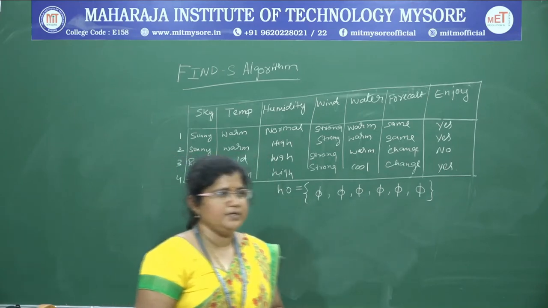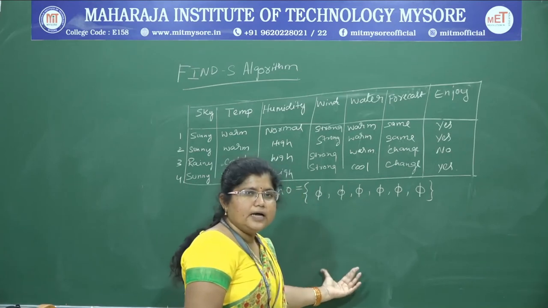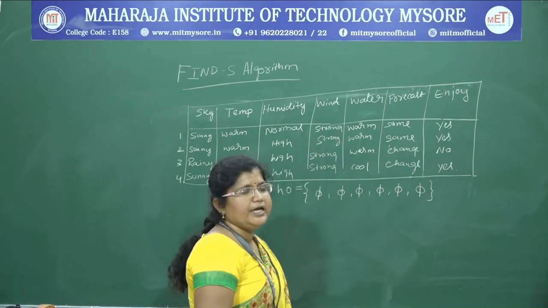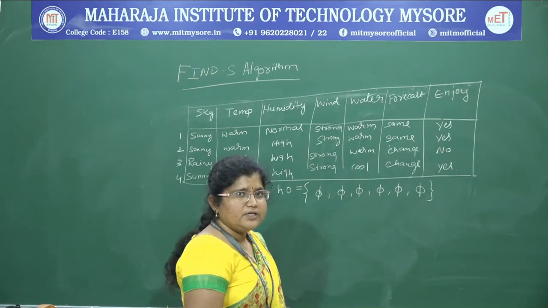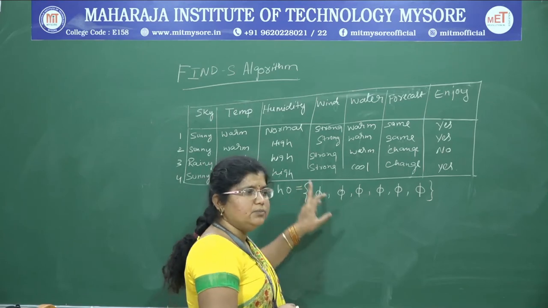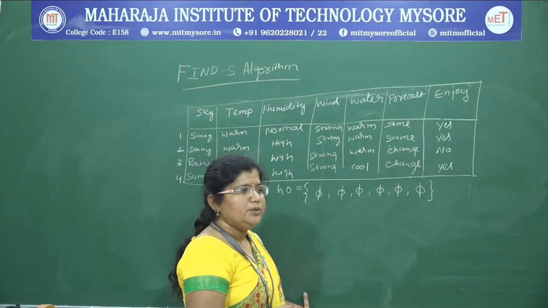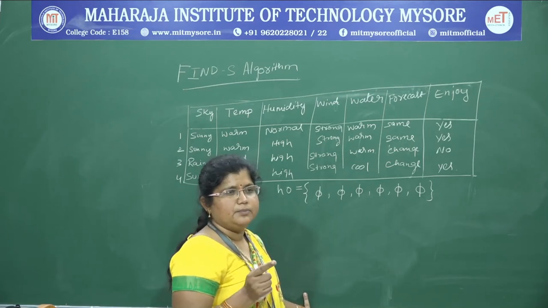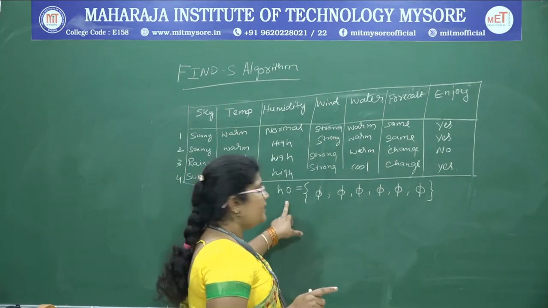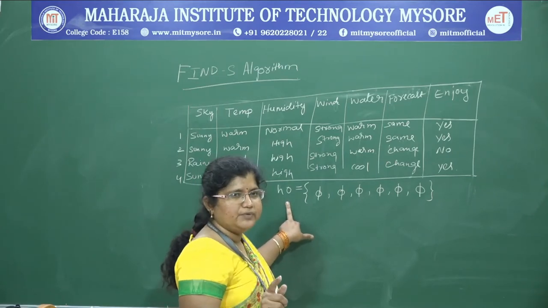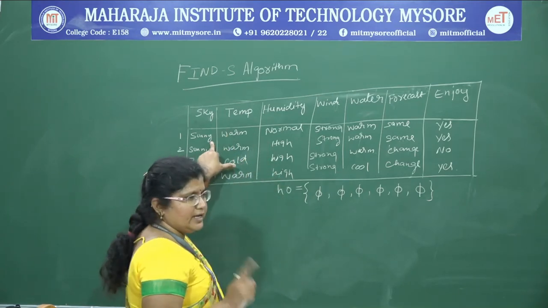Now the next step is we need to generate a hypothesis that can address the positive training examples of a given data set. First step is we need to convert this most specific hypothesis to the maximally specific hypothesis. During this conversion, the next step is we should have a comparison. The comparison here is comparing H0, that is the most specific hypothesis, with the present training example.